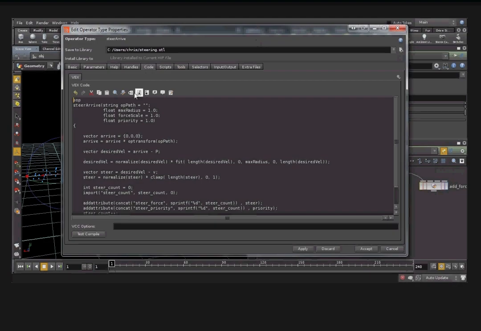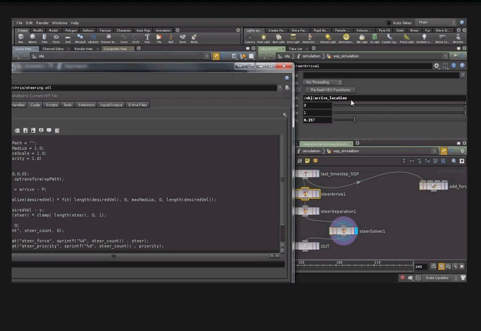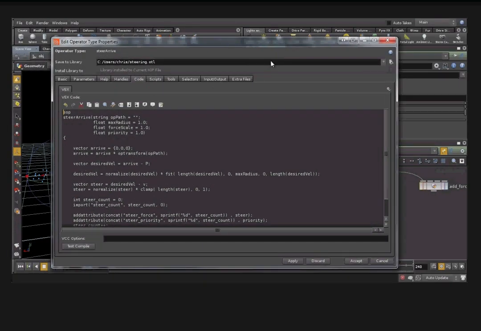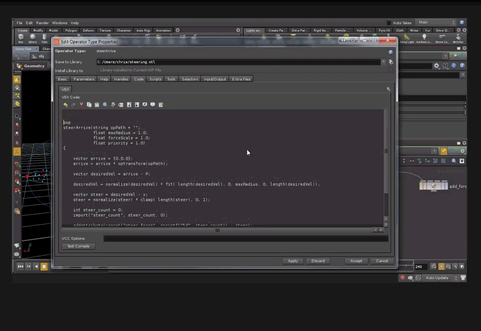We just have to add pragma statements here in the code, and with the pragmas we can define how the UI should look for the parameters. For example, we want an op path, and we had to add the op path manually, but we want to have the ability to select a node, and this can be easily done by